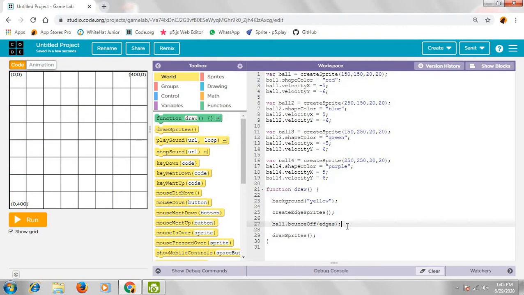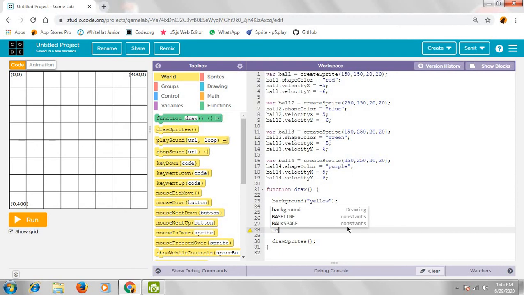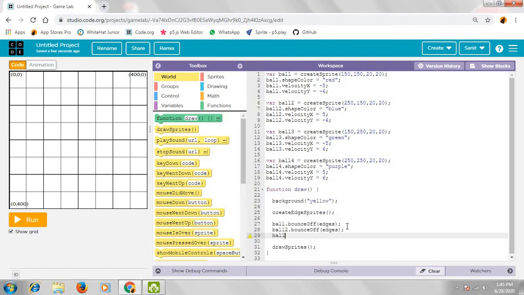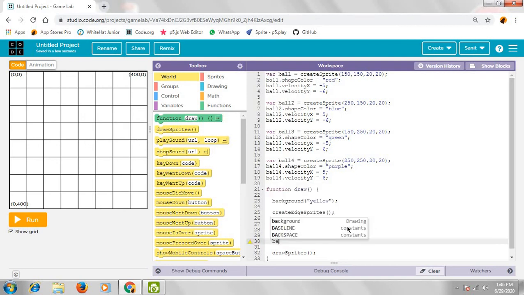Like that we have to do it for ball2 bounceOff edges, ball3 dot bounceOff edges, ball4 dot bounceOff edges.